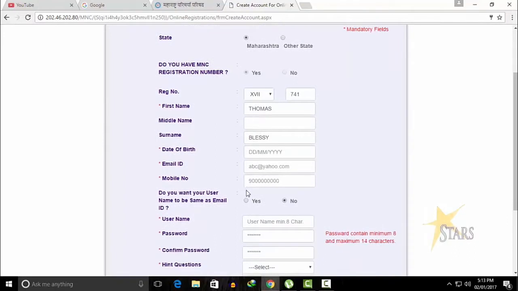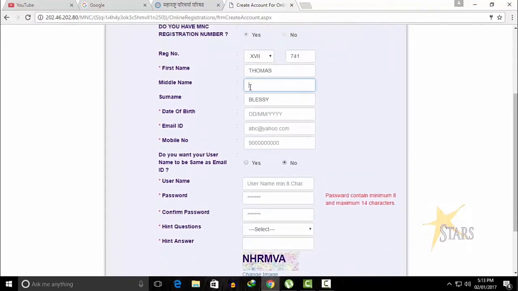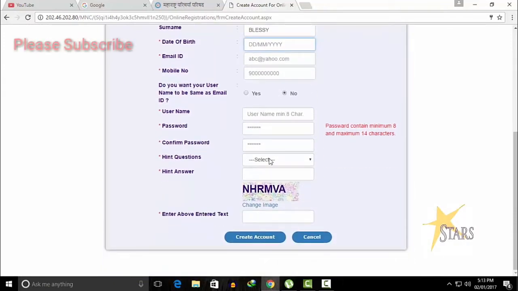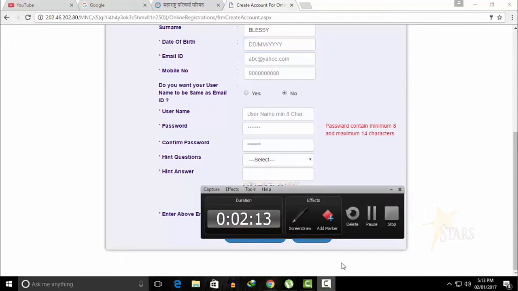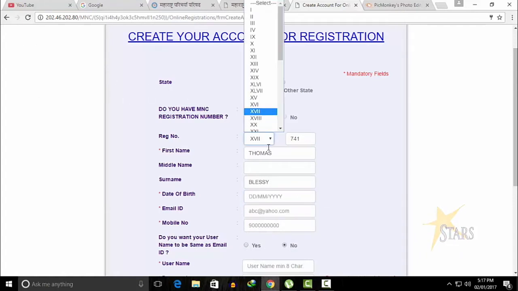Actually, sometimes with some registration numbers, it is not opening. So some people ask me whether we have to contact Maharashtra Nursing Council for that purpose. Actually, if you are a female nurse, then you might have two registration numbers.